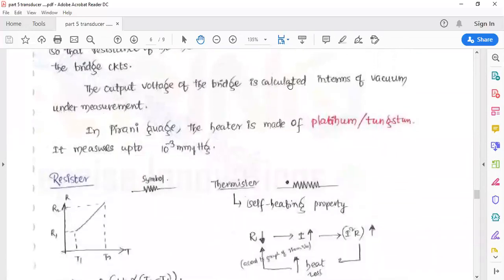The output voltage of a bridge is calculated in terms of vacuum under measurement. In Pirani gauge, the heater is made up of platinum tungsten. It means it measures up to 10 raised to power minus 3 mm of Hg. Now,